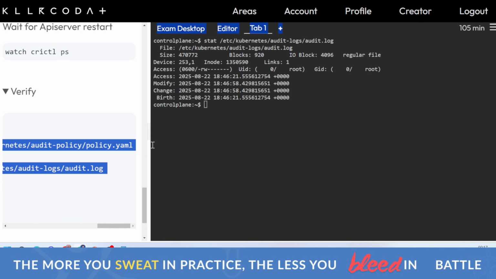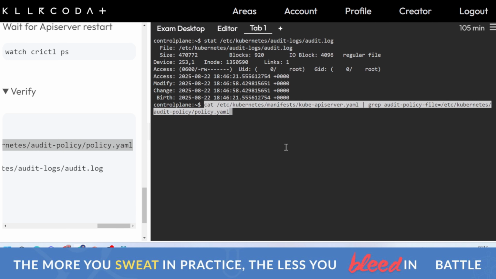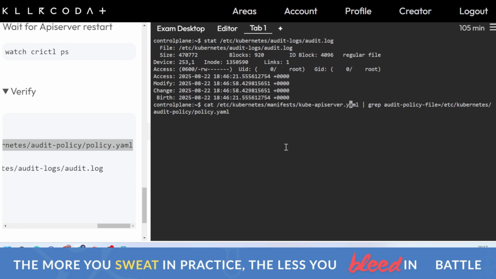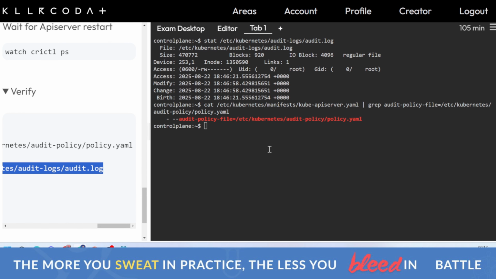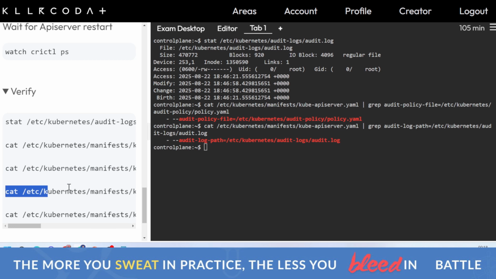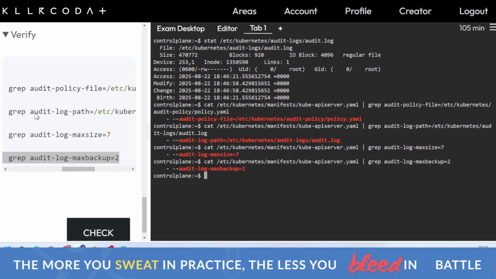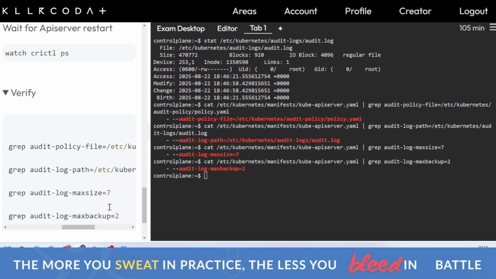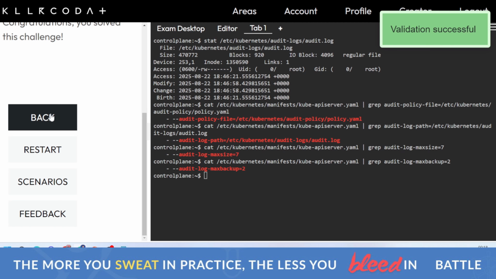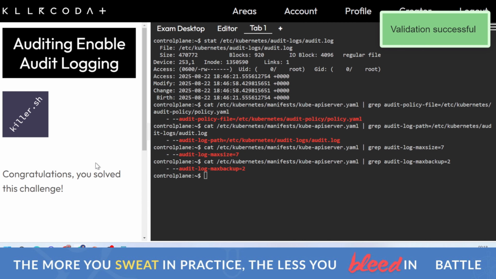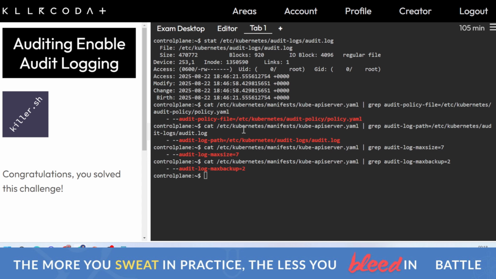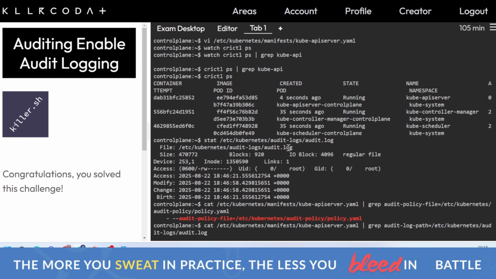Second, we'll cat this policy.yaml and paste. This shows that we cat the YAML file and grep the audit policy file policy.yaml. So it is here. Great. Now, whatever we pasted, you'll see whether things are correctly done or not, because we have made these changes. It is confirming these changes, and the validation is successful, meaning we have correctly solved this audit log scenario. So thanks. I know this is not very well done, but we'll try to explain it better whenever I